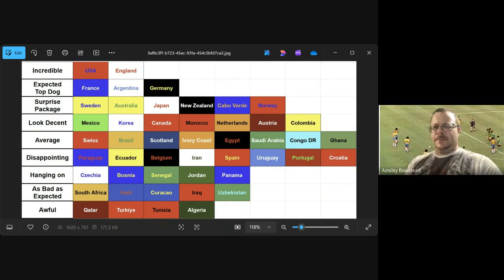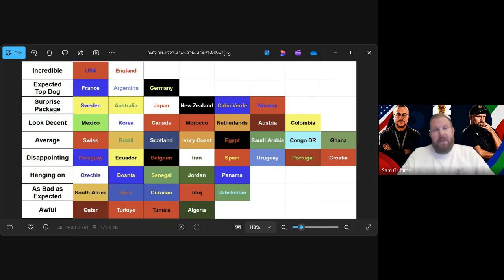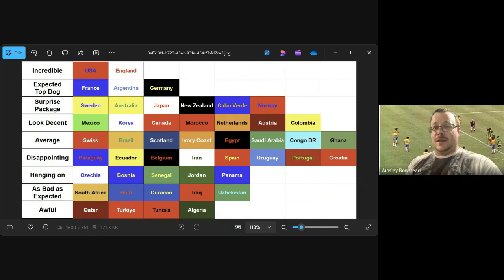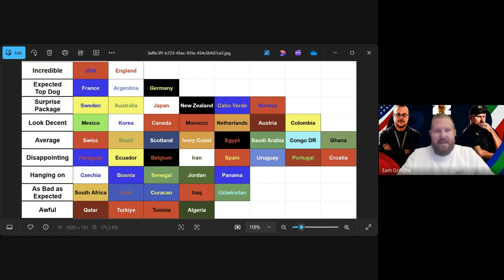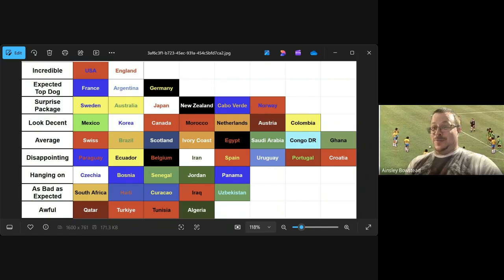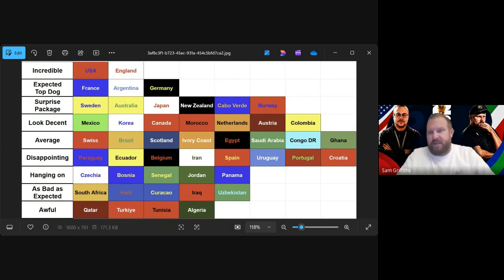I agree. Obviously, we expect England to get to the final. I think we had discussed the possibility of USA getting to a quarter final. Yes. So I think we could see USA in the last 8. I still believe that's possible. I still believe France, Germany, and Argentina will be real semi-final contenders.